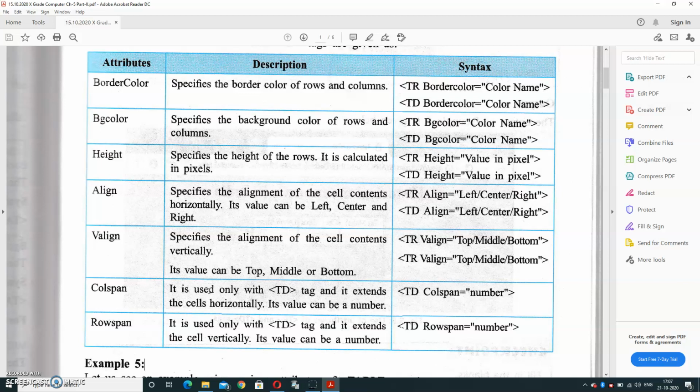It means how horizontally we can increase the cell size. And rowspan is for expanding the cell vertically, and its value can be a number, like TD rowspan equal to number. Like, if we want to merge two columns or two rows, in that case we will use colspan and rowspan.